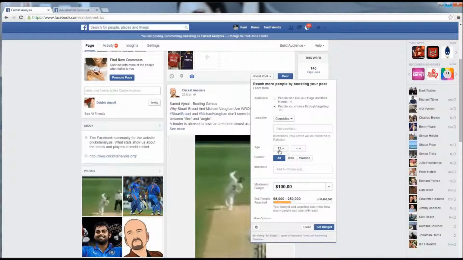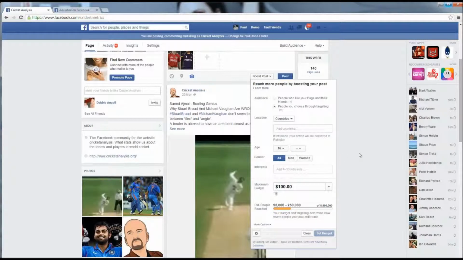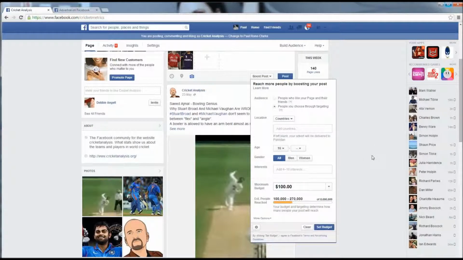Okay. Now the age group, I want 13 and overs. I could put that up to 16 and overs, but I think 13 is fine. No, let's go for 16 and overs. Because when it comes to it, 16 and overs are more likely to be able to spend cash than the 13, 14 and 15-year-olds, and at some point there will be some monetizing going on with this. Now the country this time I want is India. There we are, simple as that.